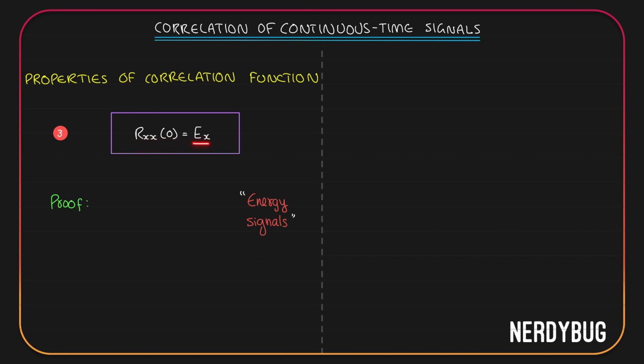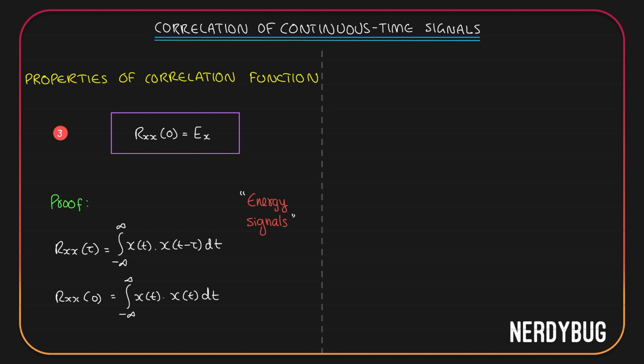Rxx of 0 is Ex. Ex stands for energy of x of t. Now this is only applicable for energy signals, so let us prove it. We define autocorrelation Rxx of tau like this: integral from minus infinity to infinity x of t, minus tau dt. So if I want Rxx of 0, I'll have to give 0 for tau over here. And I will get integral from minus infinity to infinity x of t